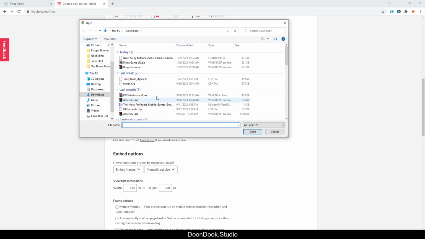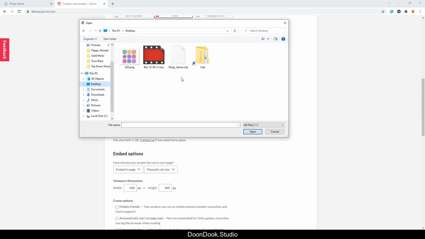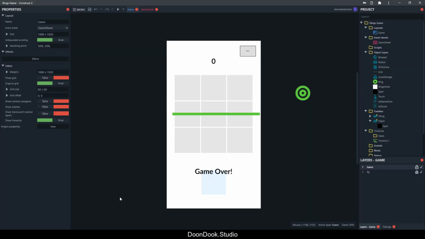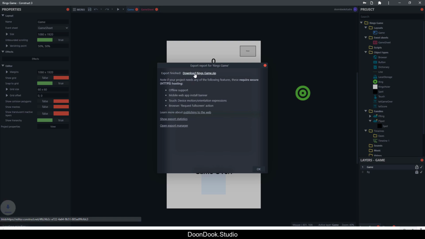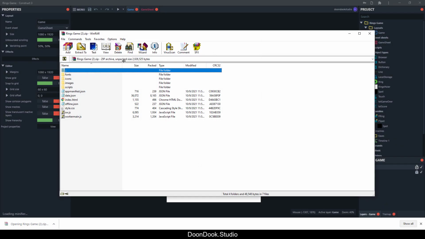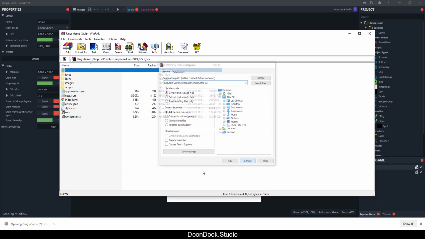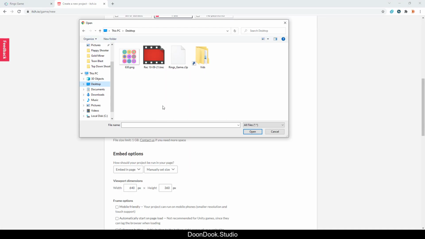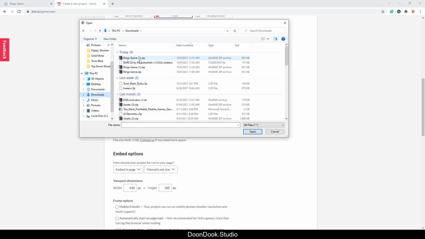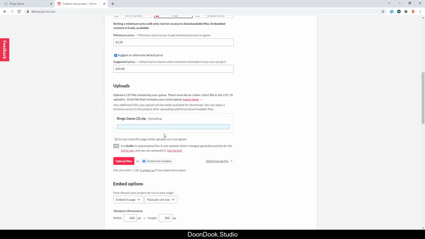Okay, so I'm gonna open it. So I don't have the exported files, so I need to go in here, menu, project, and export HTML5, and yeah, just like this I have the project. So I need to export. No, I have it in here. Why do I export it? Okay, so let's go in here, downloads, rings game, yeah,